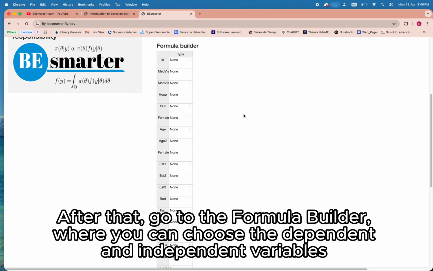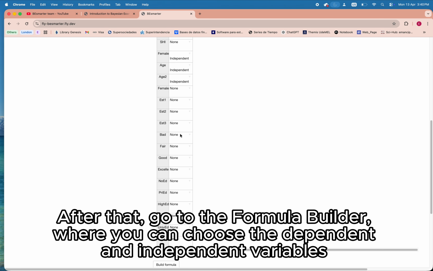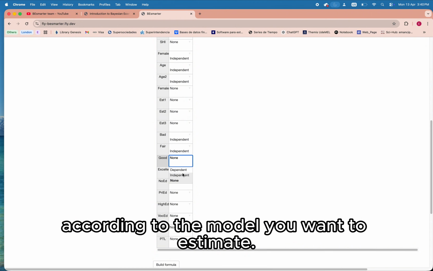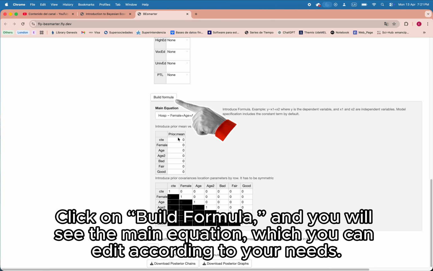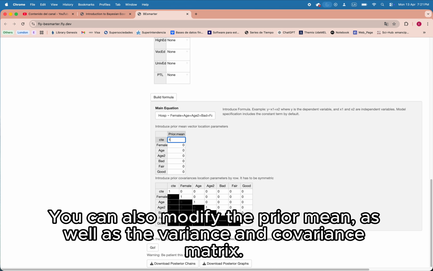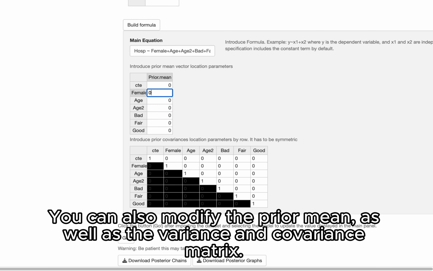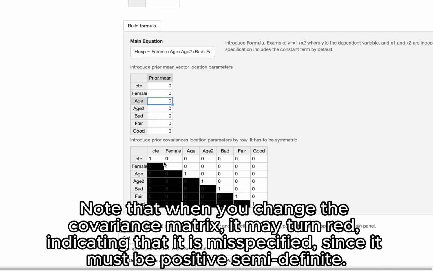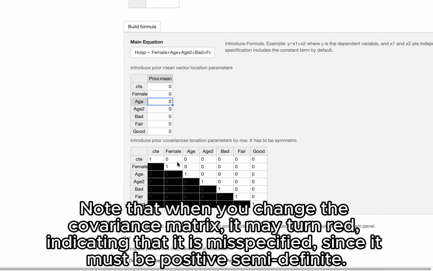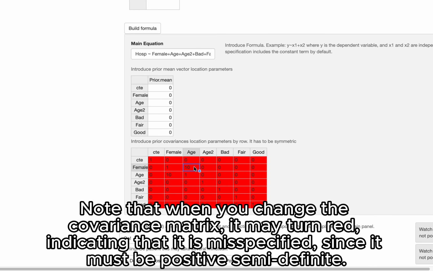After that, go to the Formula Builder, where you can choose the dependent and independent variables according to the model you want to estimate. Click on Build Formula, and you will see the main equation, which you can edit according to your needs. You can also modify the prior mean, as well as the variance and covariance matrix. Note that when you change the covariance matrix, it may turn red, indicating that it is misspecified, since it must